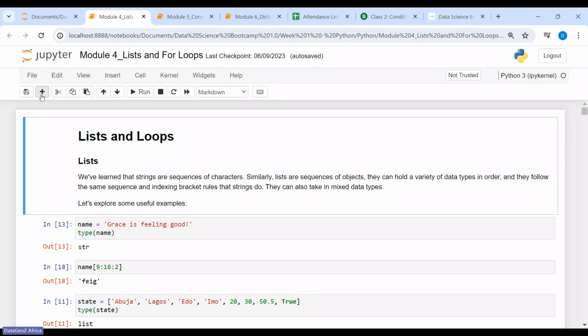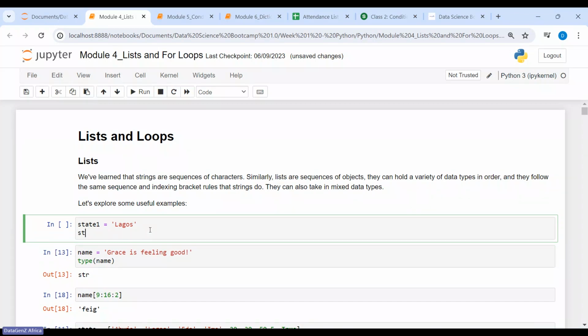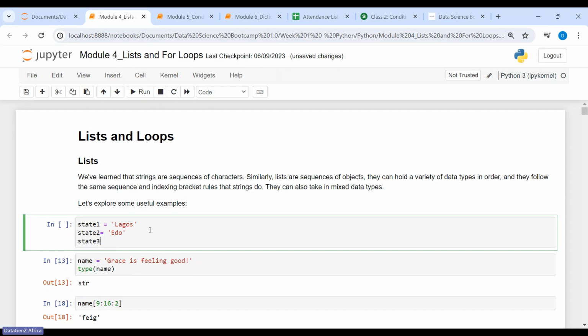Just think about lists as, for example, a list of states in Nigeria. Let me show you this way. If you just want to write a state, you can say state 1 equals Lagos. Then you can have another, state 2 equals, you can give me your states so that I can add them to the list. State 3 equals